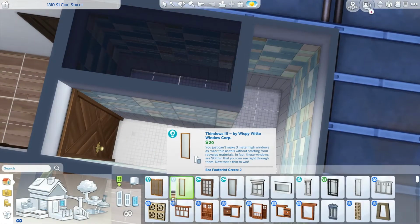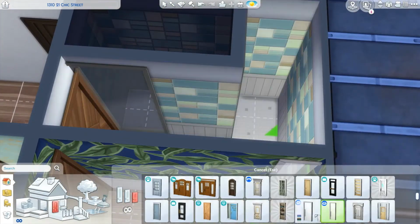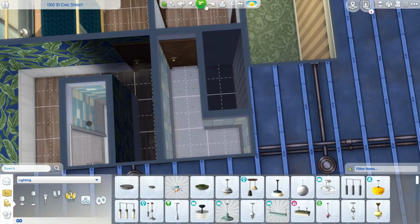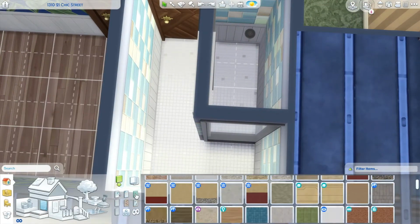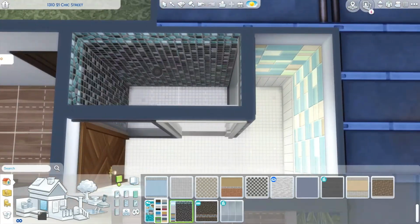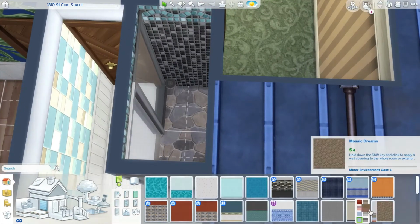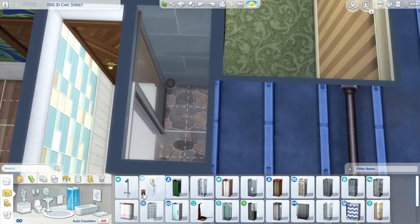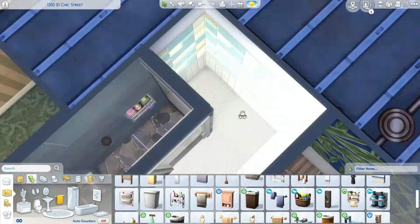I also, rather than putting in a pre-built shower, made a shower on my own with some windows and a glass door, just to add a little more interest to the room. I think I make it a little smaller, but maybe it stays that way. But just tried to make the room a little bit more interesting, a little different than what I usually do, because a lot of my builds, I feel like at this point with all of these apartment renovations, start to get a little similar. So I'm curious to know what you think of this kind of bathroom setup as well,